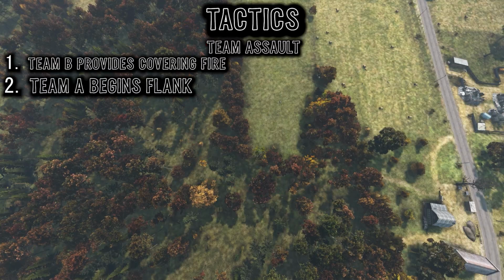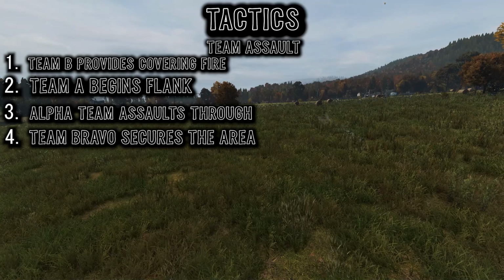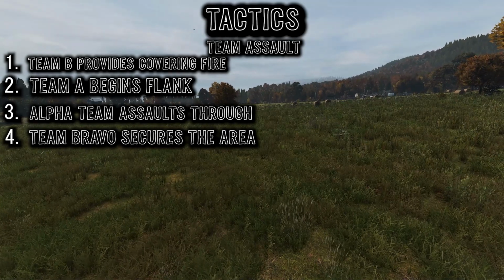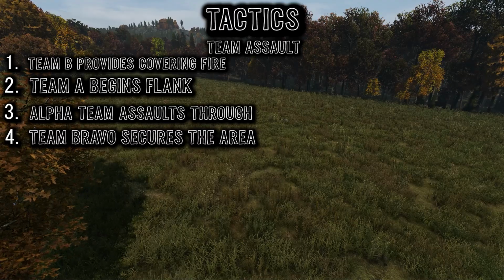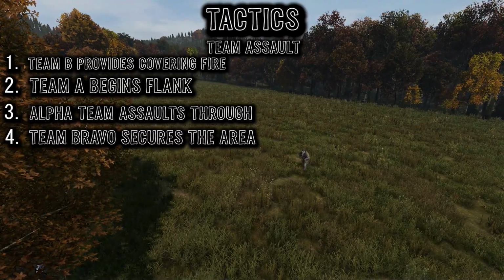Once on the enemy's flank, Alpha team will conduct a buddy rush until they are within fighting range of the enemy. Once within range, Alpha team will form a line formation behind cover or concealment. Alpha will then throw frag grenades into the engagement area if available, and aggressively assault through the enemy's position and destroy them. Bravo team will then assault through the enemy's position from the opposite direction in order to ensure that